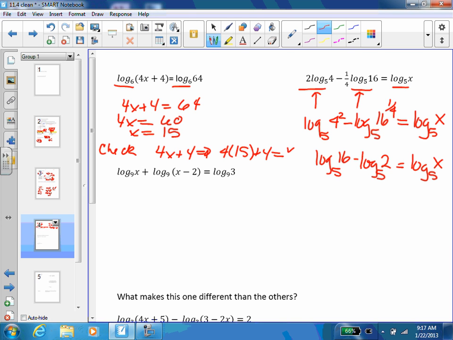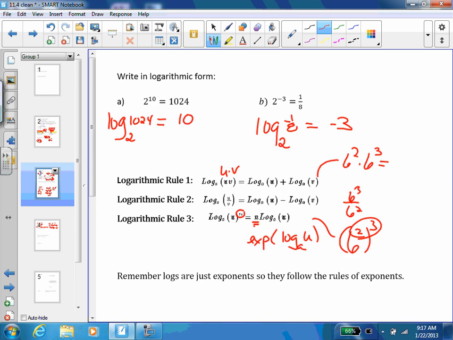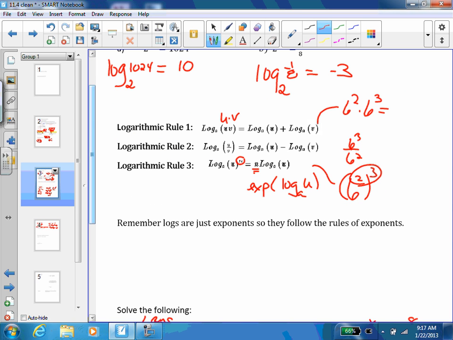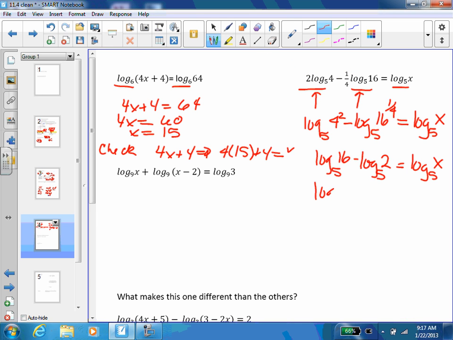Okay, so you're condensing. Remember, what does subtraction mean if we want to condense it? To divide, because if we're subtracting our exponents, we're dividing those bases. If we are subtracting, we are dividing. Okay? Log of 16 over 2. Don't write that log statement twice. It's not the log base 5 of 16 divided by the log base 5 of 2. It's log base 5 of 16 over 2, which is log base 5 of